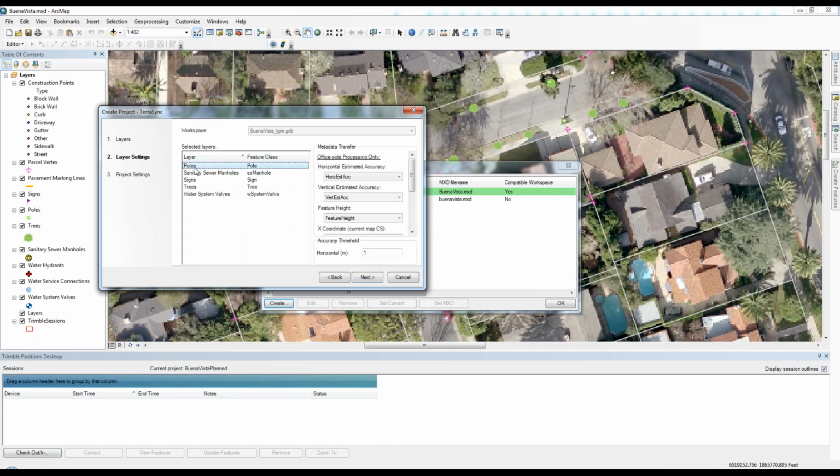now what has it done? If I click on poles, you see it's found those feature types in my feature type library. So it's brought in now horizontal estimated accuracy, vertical estimated. It's already brought in those metadata settings and the accuracy threshold. So for example, trees now brought in 3. So now I don't have to repopulate this every time because I've stored it now,